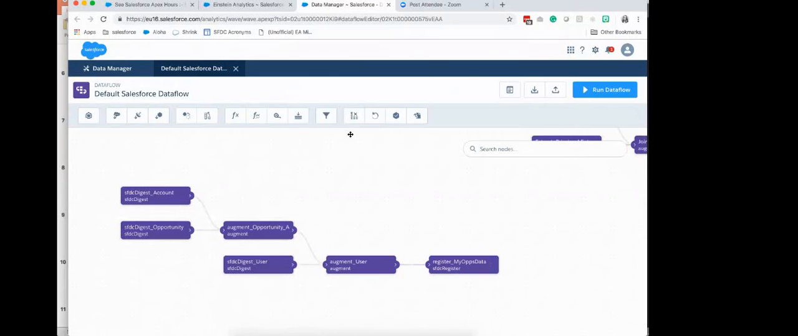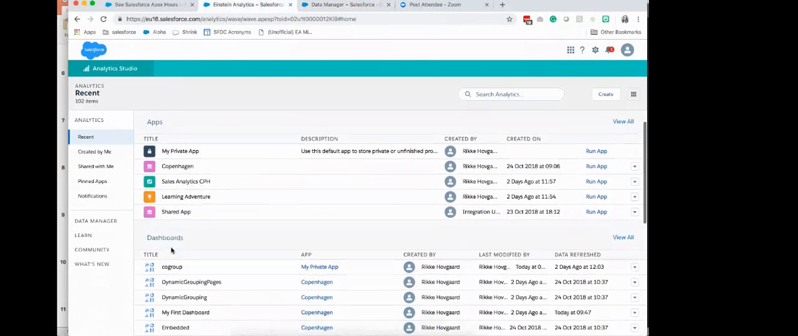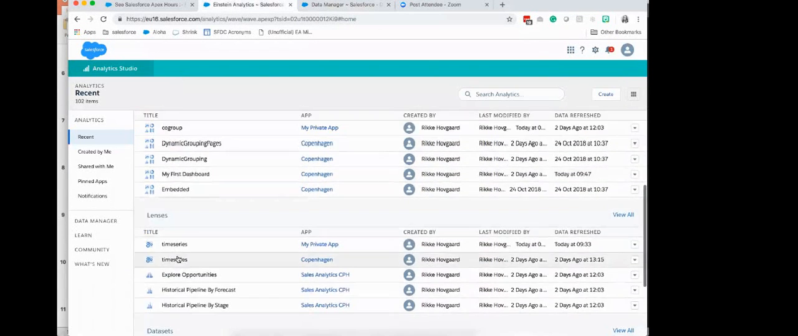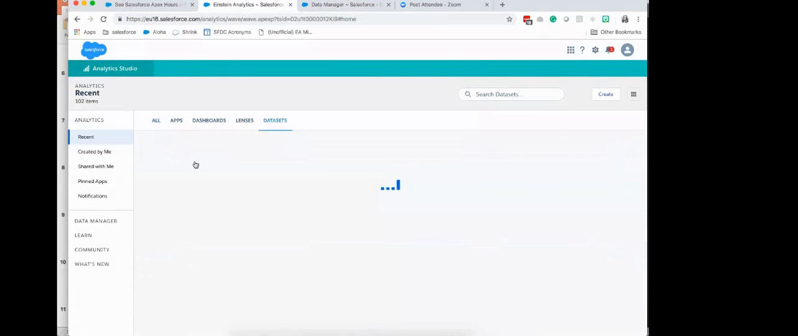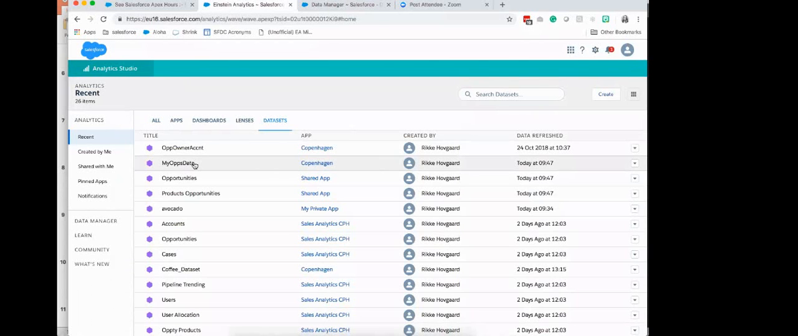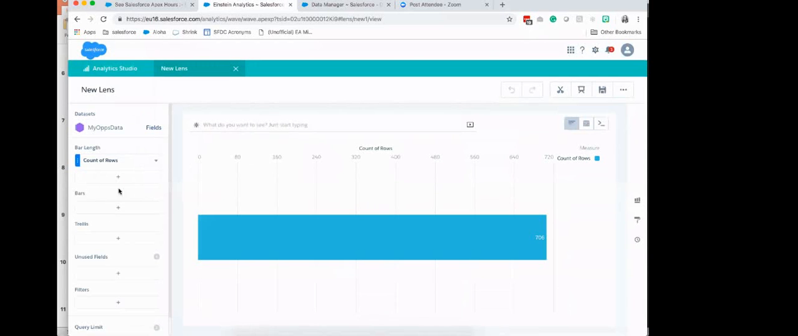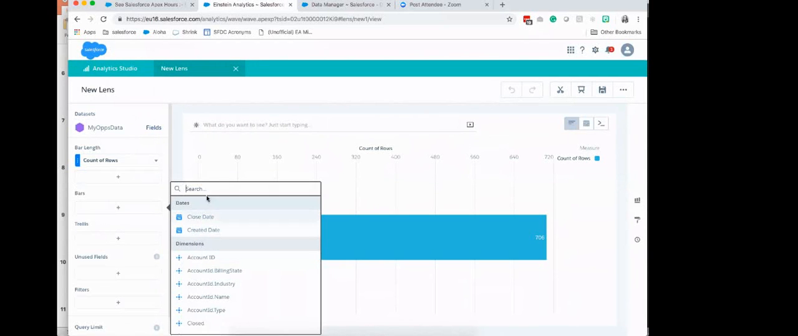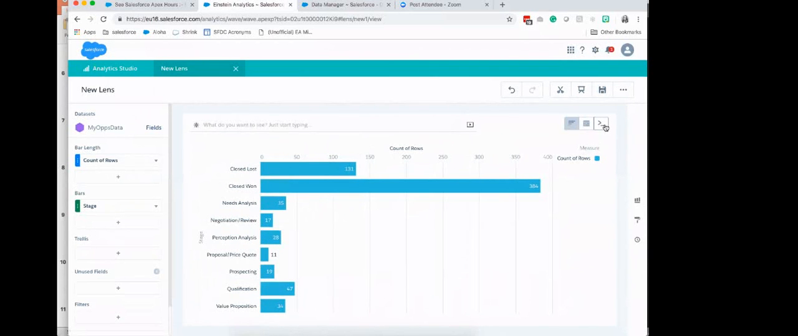Now let's say I want to do some further transformation. I want to look at creating a new field. Just before I do that, let me illustrate a purpose here. I do think I have the data set here somewhere in my ops data. So let's just say count of rows, and we are doing a grouping on stage,